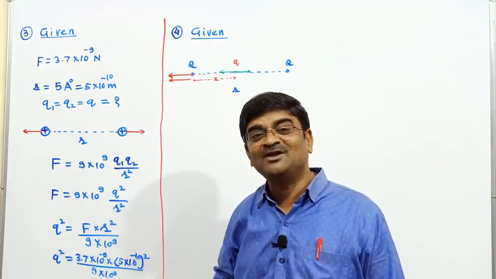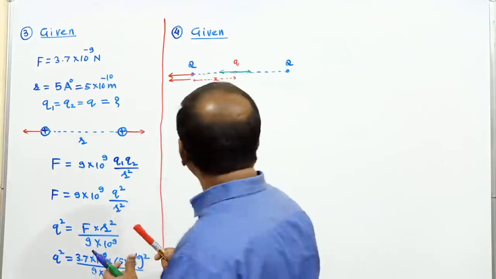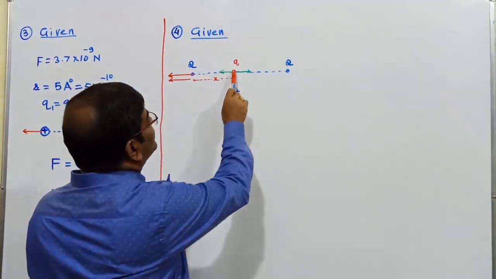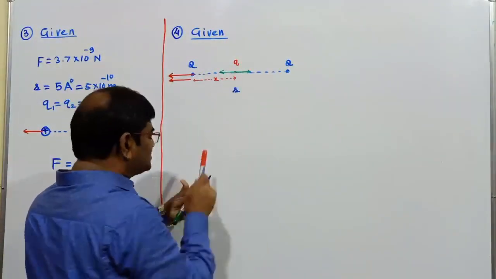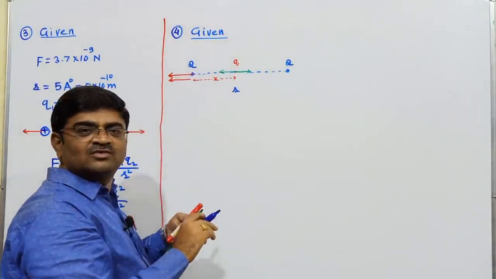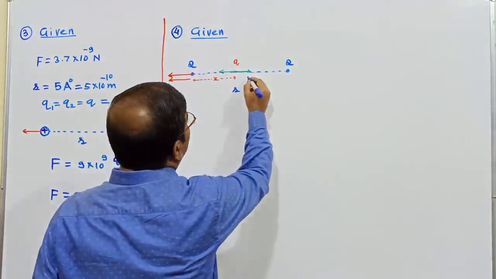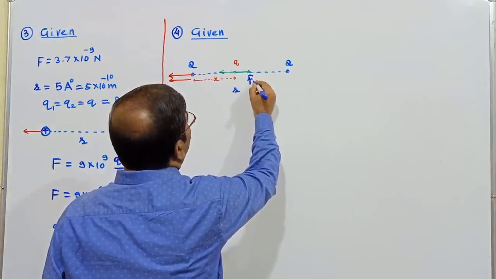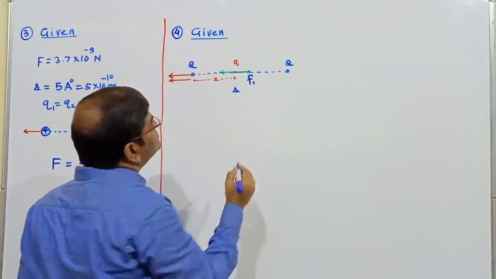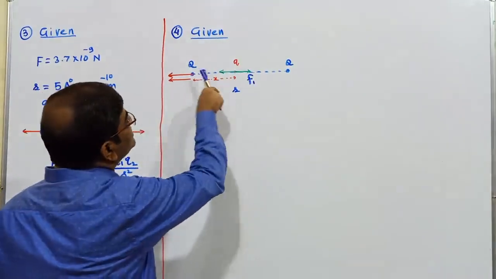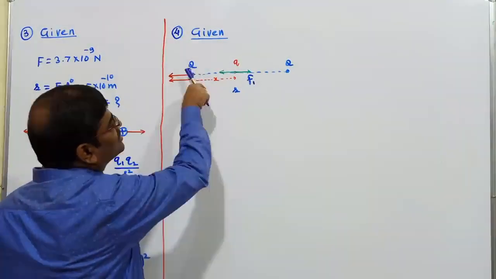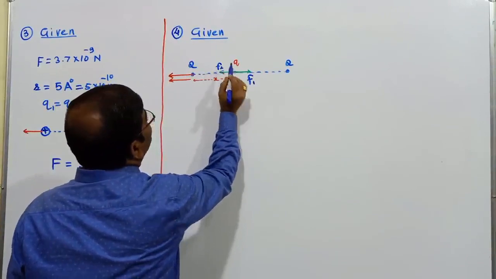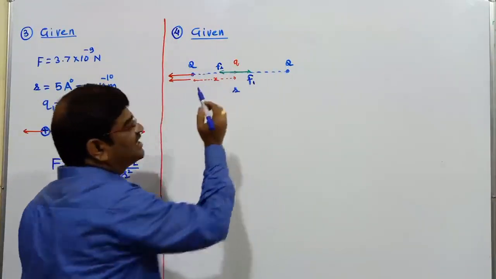Now let me think of what should be the location. To know the location of this charge, what I do is I'll go over here. How many forces is this charge experiencing? Two. Okay, two forces. One force I'll call small F1, I mean the force exerted by the first capital Q. Another force, small F2, I can say, the force exerted by this charge.